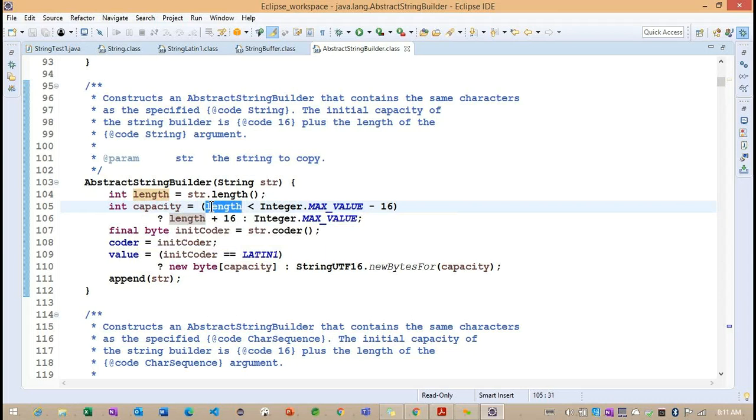First we load the given string length, and we append it with length plus 16. So if the length is 5, we get 5 plus 16, so it will become 21. The capacity will become 21, so we can insert up to 21 elements here. Once the 21 elements are reached, a new StringBuffer object is going to be created.